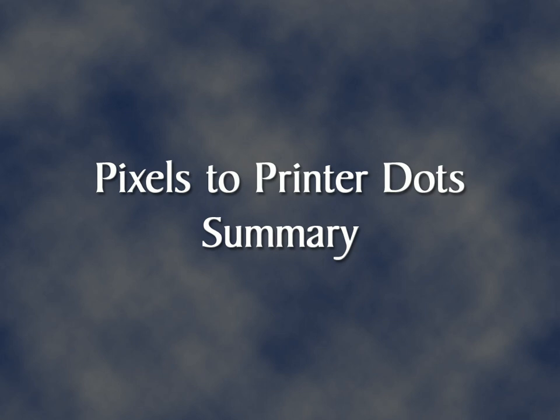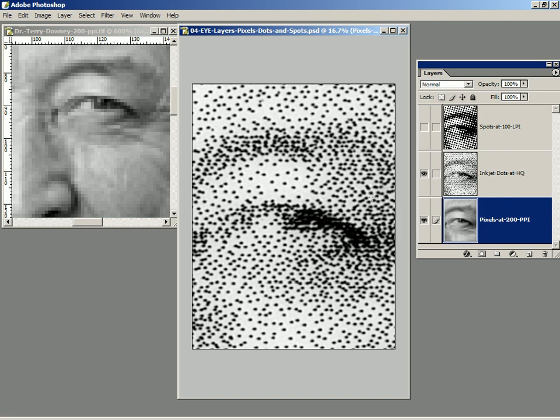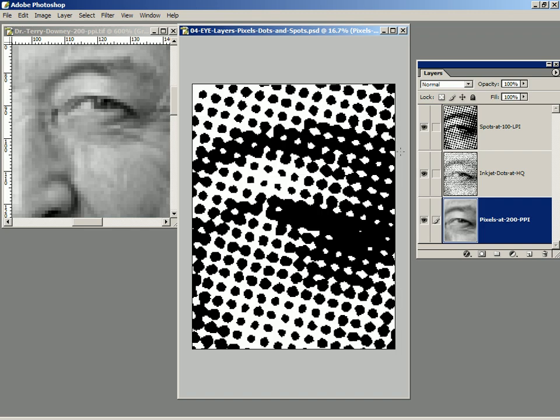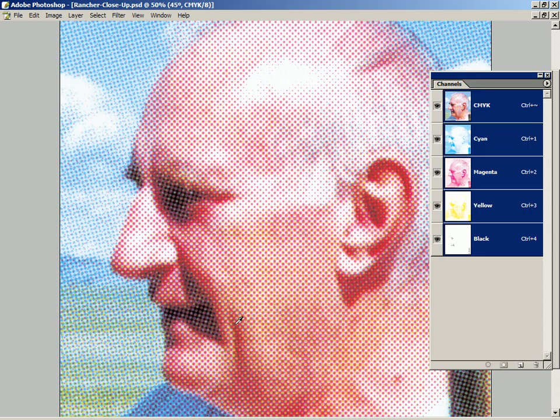Pixels to printer dots. Summary. We've examined how the pixels in our digital photos are converted to printer dots. In the introduction to this tutorial, I said, if I couldn't see it with my own eyes, I wouldn't believe it was possible. By magnifying the dots and spots that we take for granted every day when reading a magazine or newspaper, you've seen the transformation with your own eyes. I trust you're impressed and hope you're convinced by the process and now believe, as I do, that it is